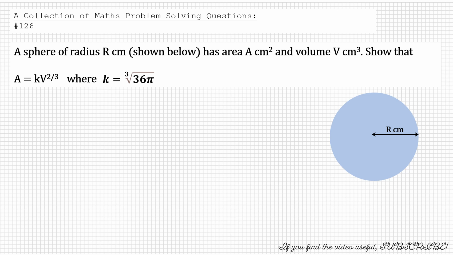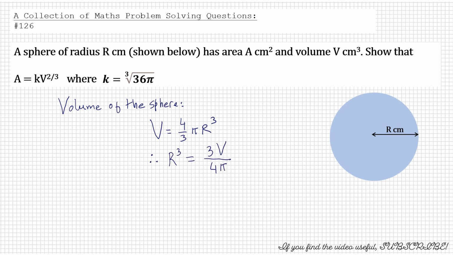So we know the area and volume of a sphere are expressed in terms of its radius. If you notice, in the formula that we are expected to derive, there is no r. So we have to substitute the r with v. The volume of a sphere we know is 4/3 pi r cubed,